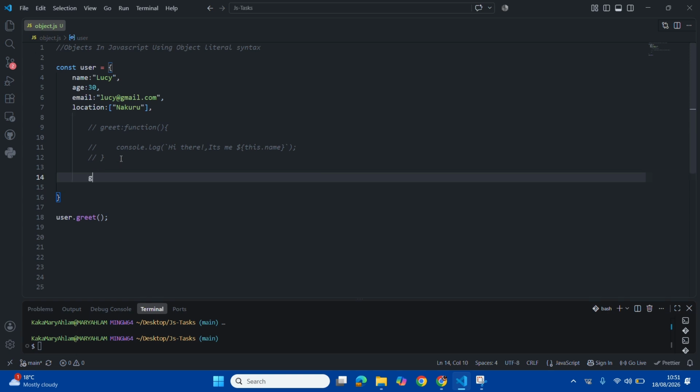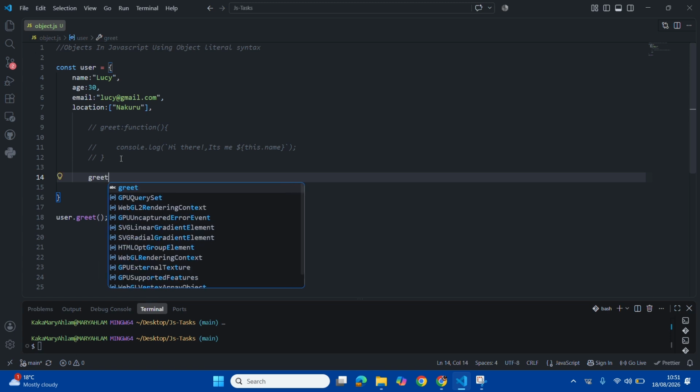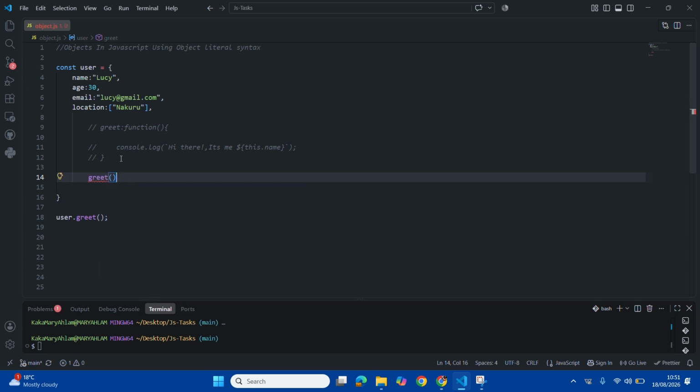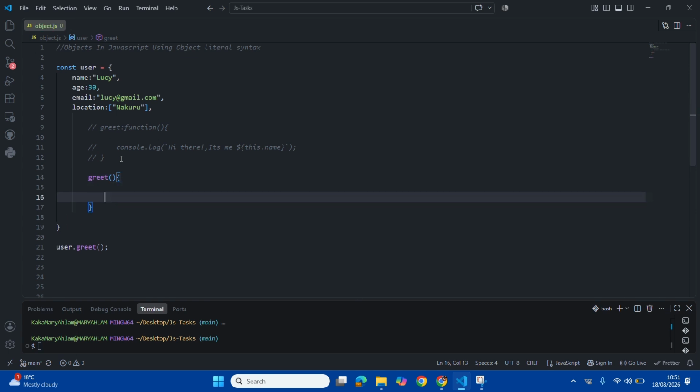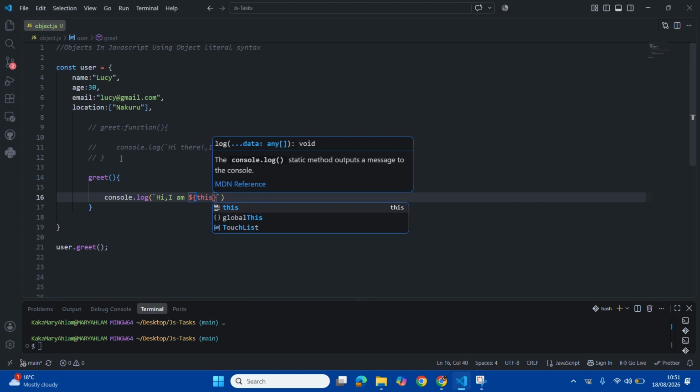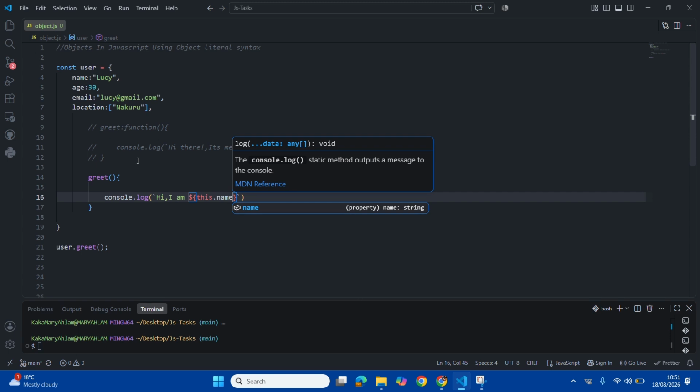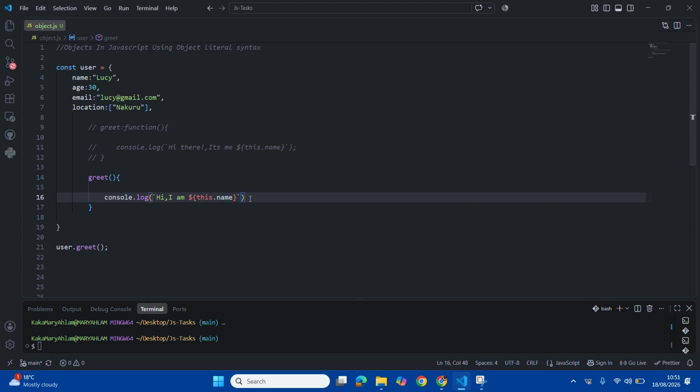So what will happen, we'll just say greet and then use parentheses and then curly braces, and then we console log. Okay, use backticks, say hi, I am, use the dollar sign, curly braces, this.name, and then